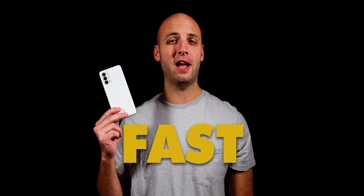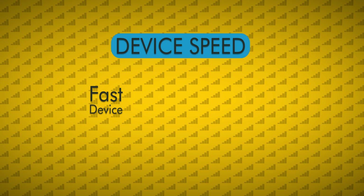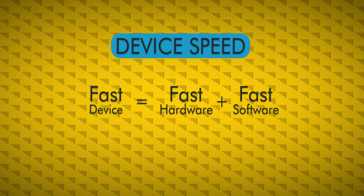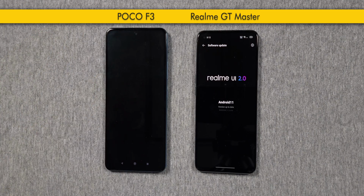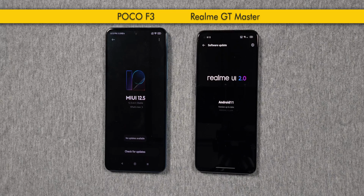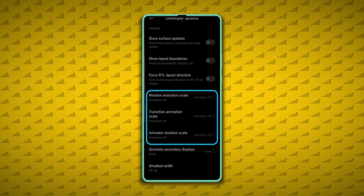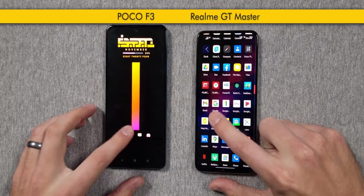Is the GT Master fast? Yes, but not as fast as the Poco F3, kind of. The speed of a device really depends on both the hardware and the software. So let's look at software first. I like the F3, but its MIUI for Poco operating system doesn't feel as fast as Realme UI running on the GT Master. As always, I've disabled animations and developer options on both devices,